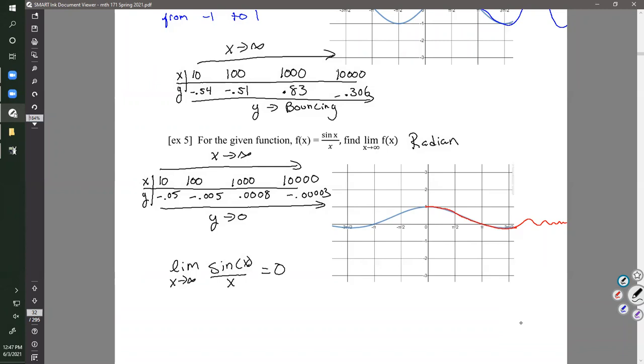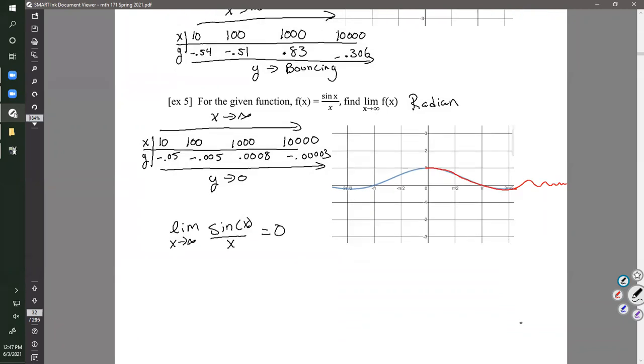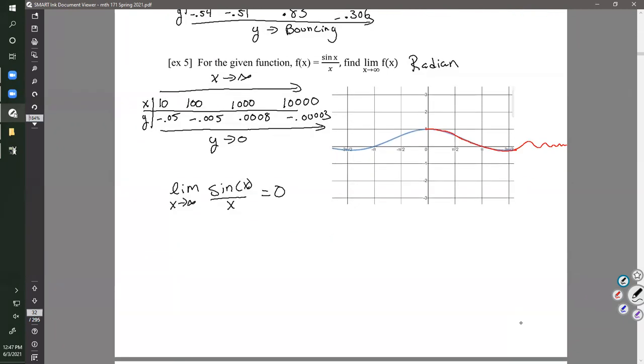And since it equals a number, what we can say is that our function f of x has a horizontal asymptote at y equal to 0. Pretty nifty. Okay, questions? So if it's basically just a straight